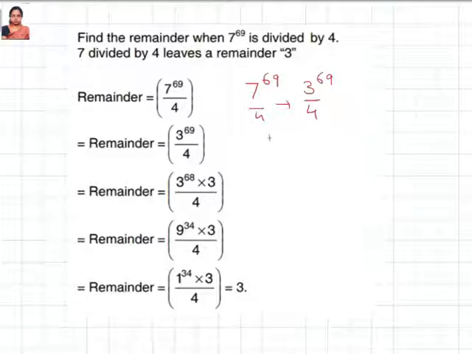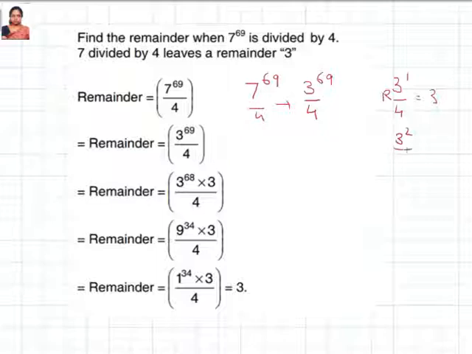There are two different ways of doing this. One is going for the negative remainder, and the other method is going for the cyclicity, as you're going to see here. Like in the units digit, you can do the same way. You just take 3 power 1 by 4. What is the remainder? The remainder is 3. Then go for 3 power 2 by 4. 3 power 2 is 9. 9 by 4, remainder is 1.